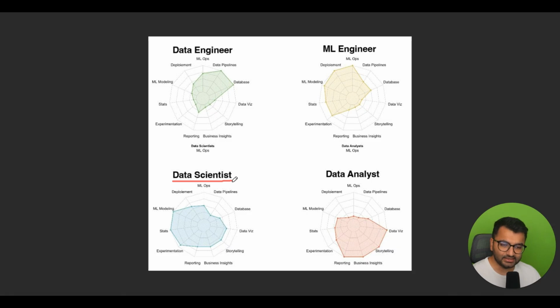Now, for a data scientist, you focus a lot more on the statistics part of things, the experimentation. Obviously, you want to do some storytelling. You might want to do some business insights and reporting, some data visualization. There's not a lot of focus on databases because you're not really going to be managing these databases. However, you still need to be able to know some SQL to be able to pull the data from the